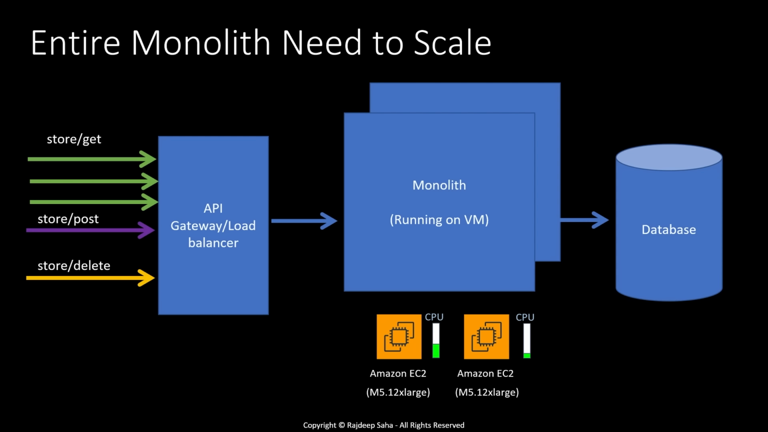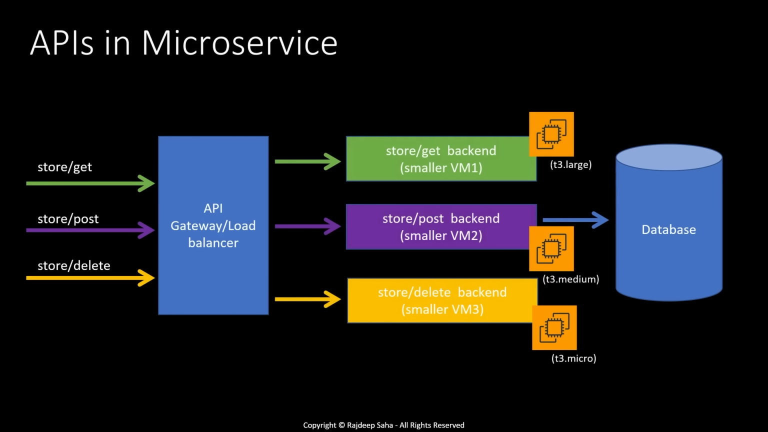So how would it look like with a microservice? With a microservice, all the three components, store/get, store/post, and store/delete, have different code bases. And on the back end, you can see they are running on different virtual machines. Depending on the type of the API, you can control the memory and CPU of the EC2. In this case, store/get backend is running in a T3.large, store/post backend is running in T3.medium, and store/delete backend is